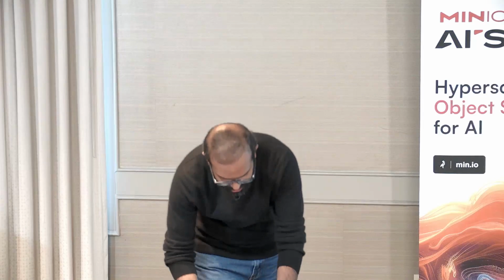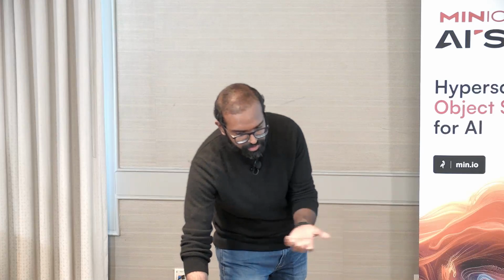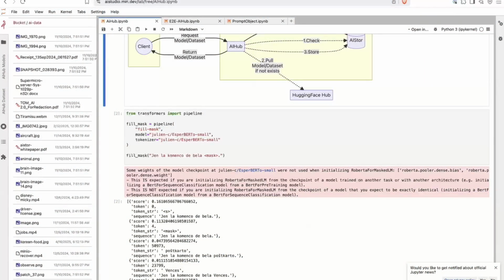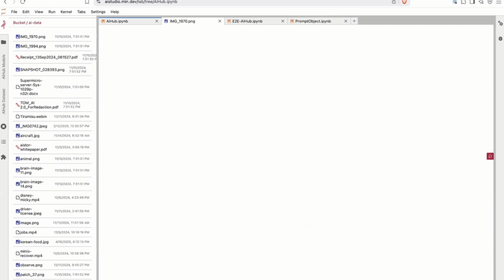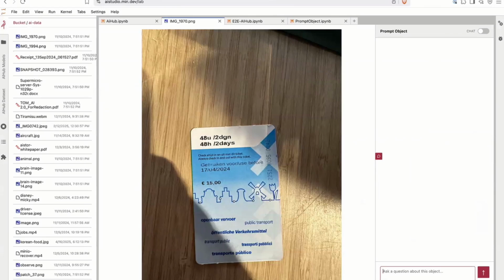So maybe I'll just quickly show a demo. That way it's a lot cleaner. So before, like I showed you in the Jupyter Notebook, we already have support for browsing the objects. So in this case, you can open any of these objects. And then we also have the prompt object integrated right here. You can ask,